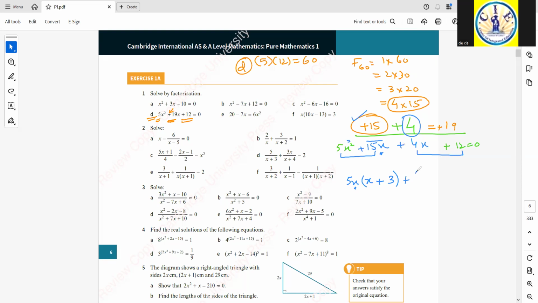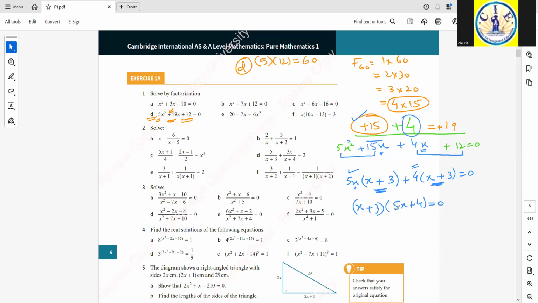So from the second group now, 4 can be taken common. x can be left with from the first, and then plus 3 equals to 0. So I can have x plus 3 taken out as a common factor from these two. From the first, I'm left with 5x. And from the next, I'm left with 4